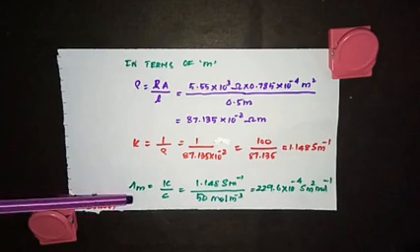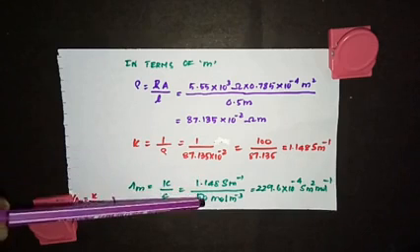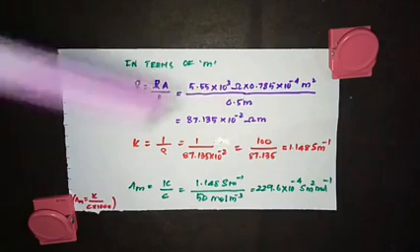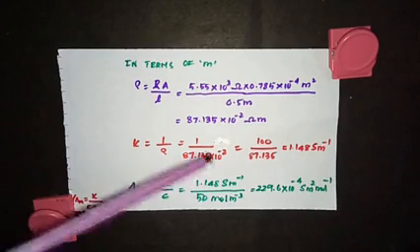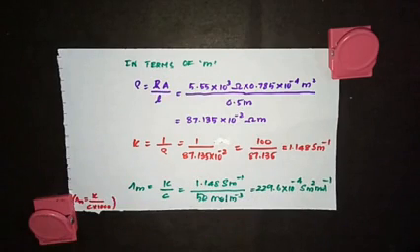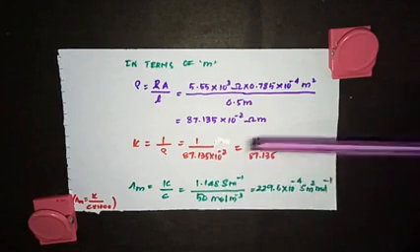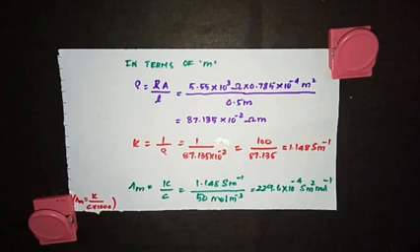Now come back to molar conductance. Molar conductance is equal to kappa by C, 1.148 by 50. What is 50? Actually we have 0.05 mole liter inverse, and when you want the values in meter, then we divide by 1000. So kappa by C into 1000, so you get 50 here. The answer is 229.6 into 10 to the power minus 4 Siemens meter square mole inverse. You do this calculation and you will get this value. So you have to remember all these formulae, the units and the factors used for unit conversion, so that you end up with the right answer.